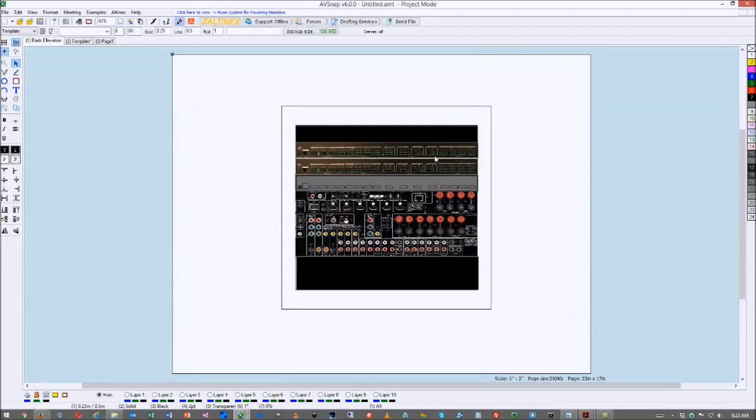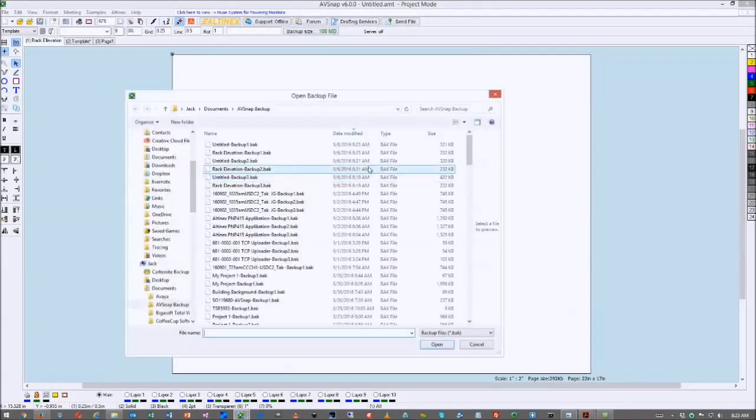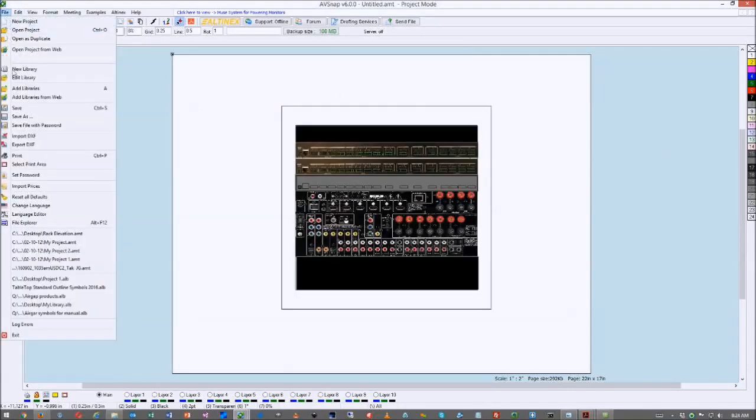All right. So the next thing is, of course, to move this into your library. So let's go ahead and save this project. By the way, as you work on it, you notice that when I work on a project, I just leave it untitled, and I don't really rush to name the project, and I'm not worried about it. The reason is because if anything happens, you can always go to recover the file. Click on here. There's untitled. We've been working on it, and it just keeps track of the rack elevations. So we can go ahead and save it